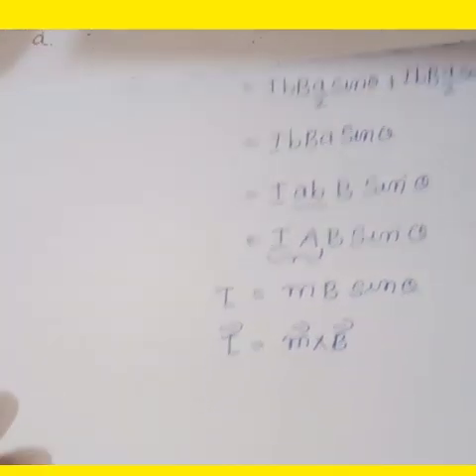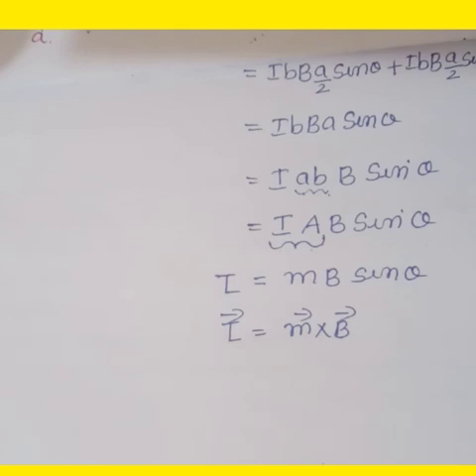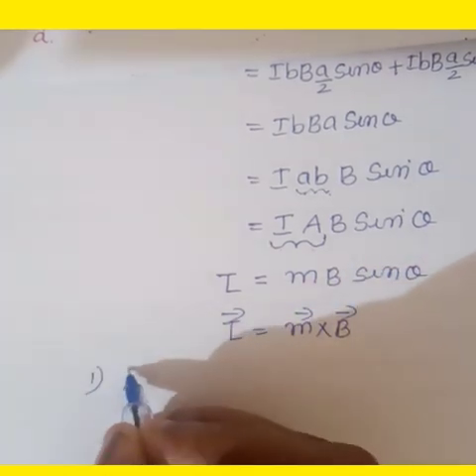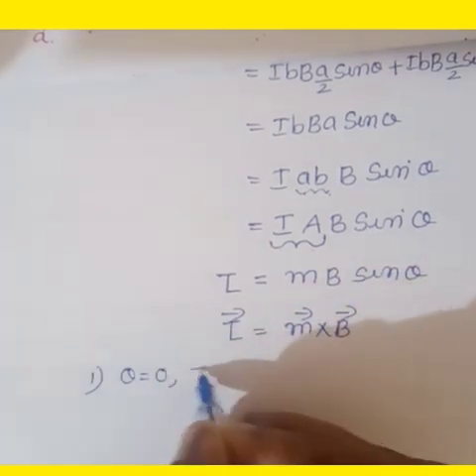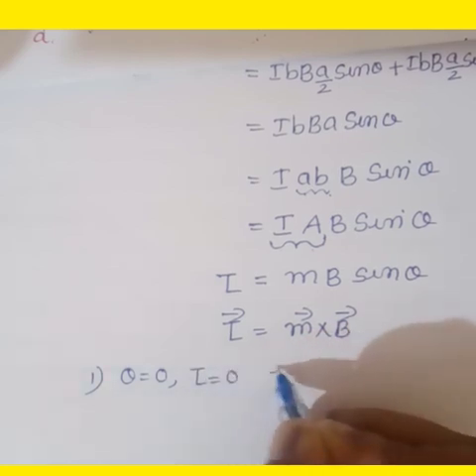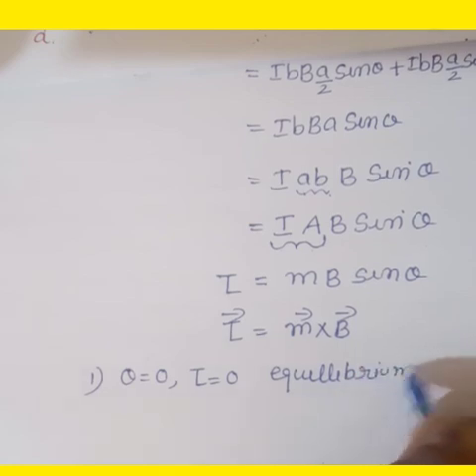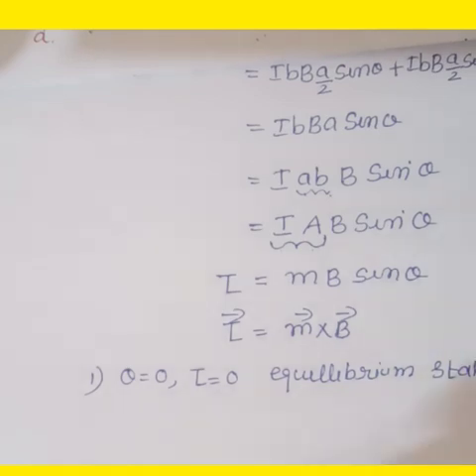Then we have to consider special cases also. In the first case, tau vanishes when M is either parallel or antiparallel to the magnetic field B. This indicates a state of equilibrium, as there is no torque on the coil. When M and B are parallel, the equilibrium is a stable one. So in the first case, we consider theta equal to 0. In that case, tau is equal to 0. This is the equilibrium, stable state.